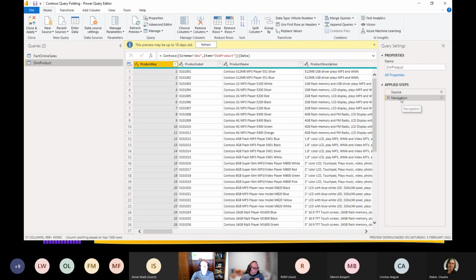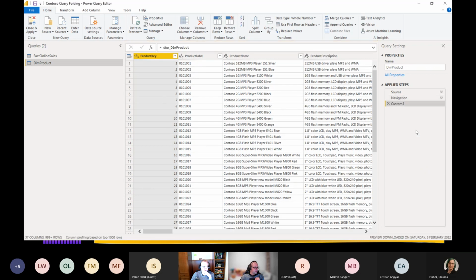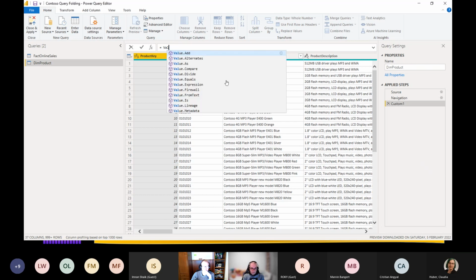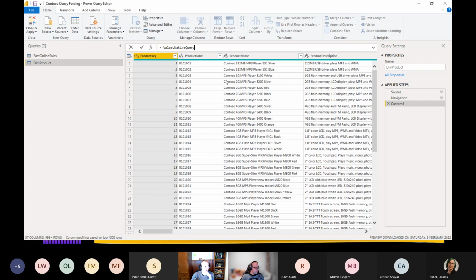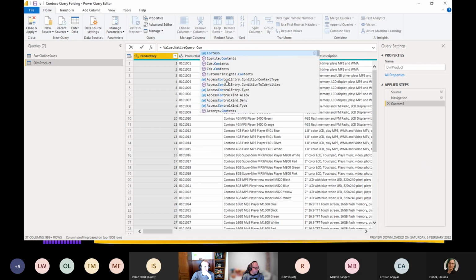Now what I can do is, here after this step called Navigation, if I right click on it, I can insert a step manually after that. So I will choose this option, Insert Step After, and that will enable me to write my M formula directly in the formula bar. So here I will use this famous Value.NativeQuery M function, and here you specify